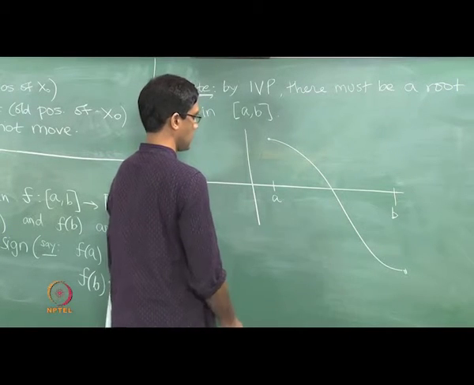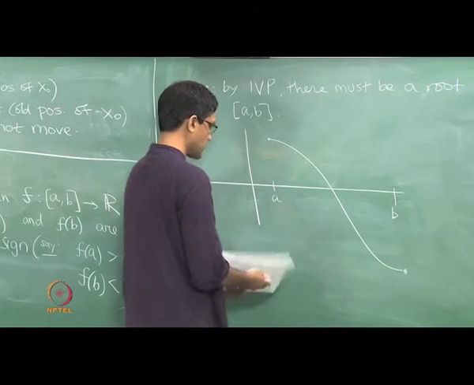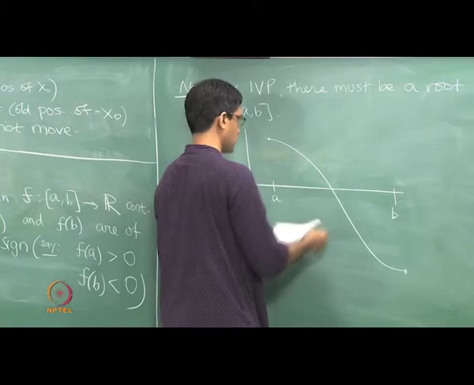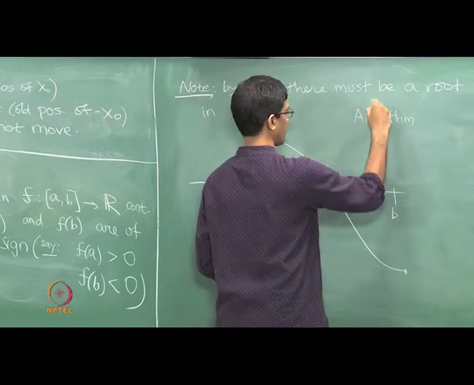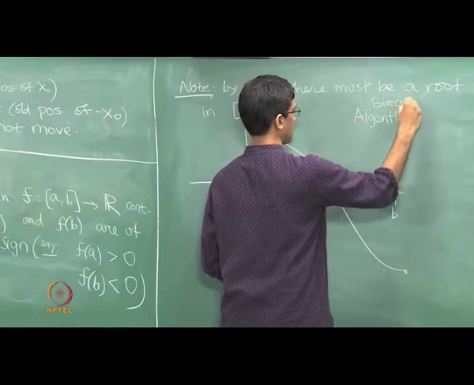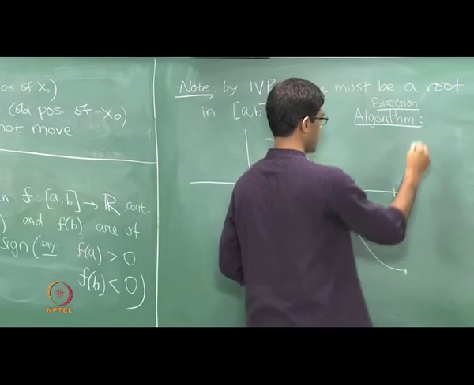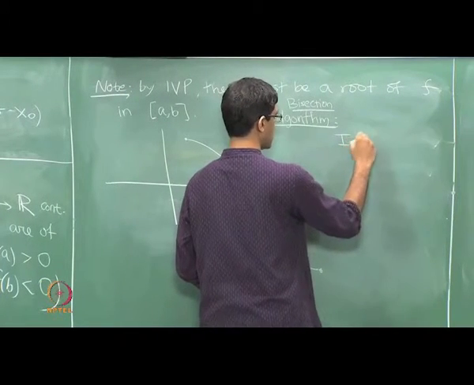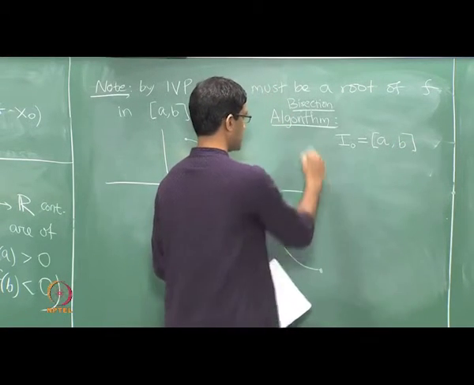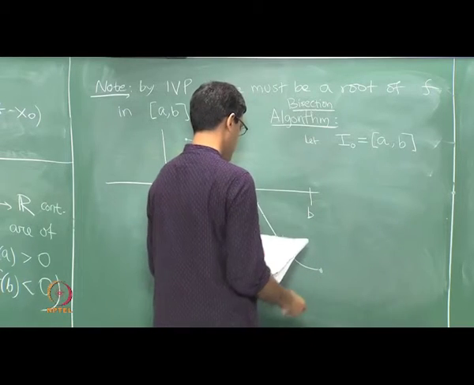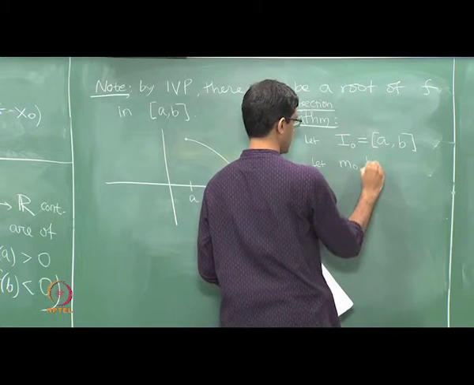So here is what we do. Let us make a sequence of approximations, a sequence of guesses. Let us take the midpoint of the original interval. So here is an algorithm, sometimes called the bisection algorithm, to find the root. Let us take the original interval, let us call it I0, because we will now construct a sequence of new intervals. So let I0 denote the original interval. Now let us take the midpoint of I0. Let M0 be the midpoint of I0.